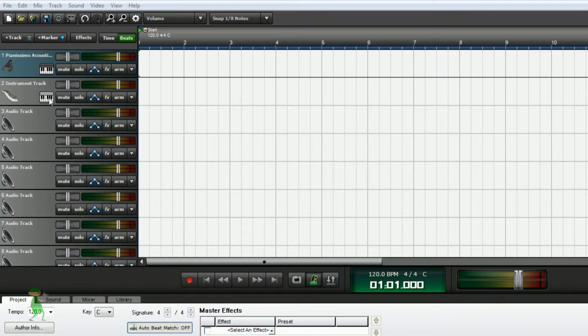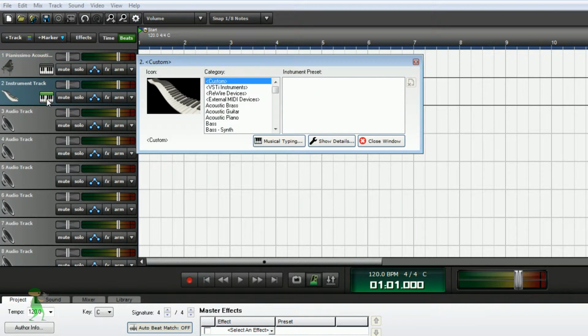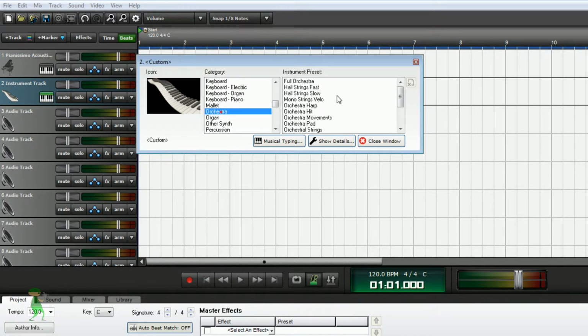And then here I would select some strings, go to orchestra, select all strings, probably fast,